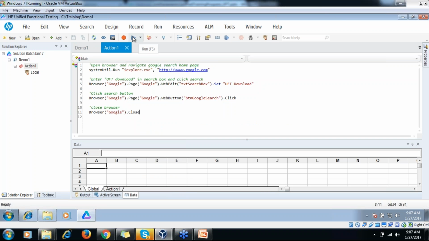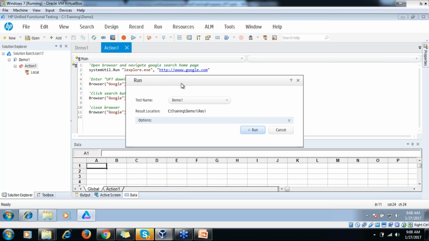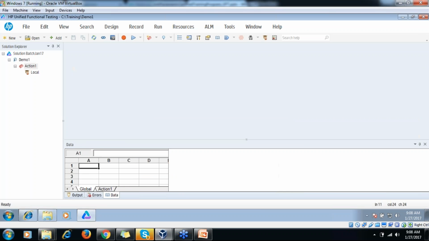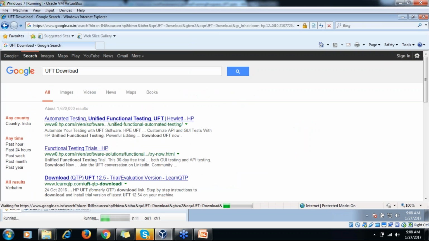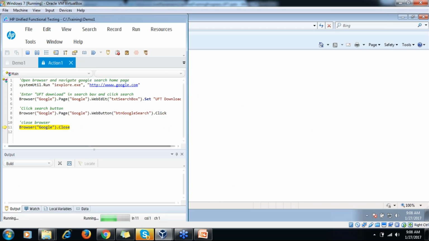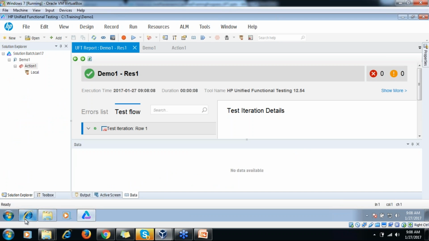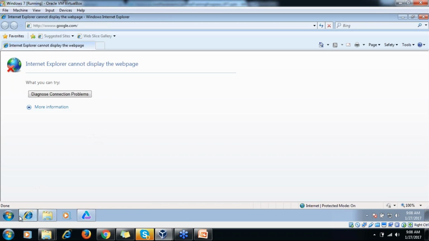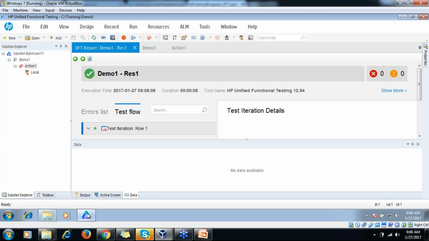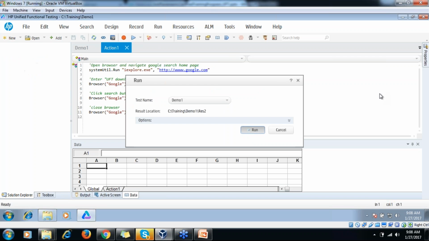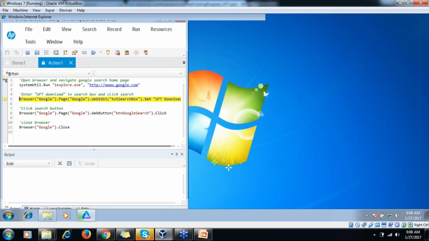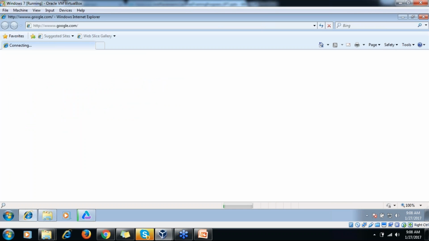We have to verify whether it works fine or not, right? So click the run button from here, or you can press F5, the shortcut key. I guess this is already open, that's why it entered there itself. Let me run it again after closing this browser. Now it will open Internet Explorer and it will enter,